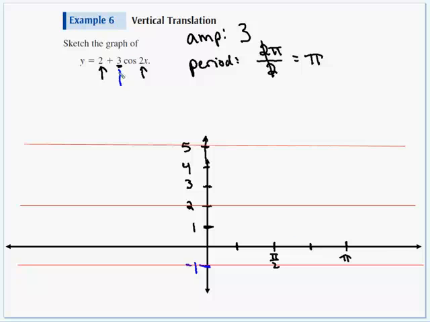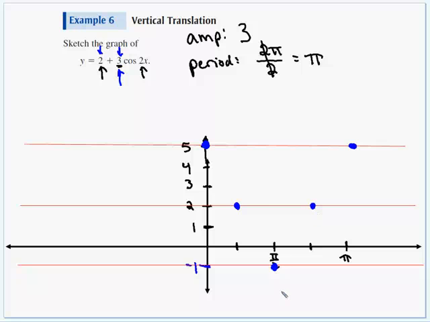And let's see, it's a positive cosine function, so we're going to start at the top of a hill. You know, we would start at 3 if not for this 2. We're going to jump up to this peak. So here this cosine graph will start at 5. 1 pi later it will end at the same peak, height of 5. In between these peaks, halfway between, at a half pi radians, we will have the bottom of our valley right down here. And then at the quarter pi radians, we will cross our center line at y equals 2 here